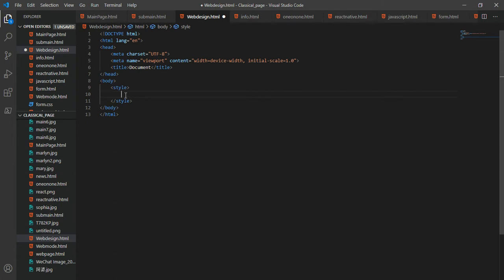This style here is where you will be writing your CSS for the web, the design of the page, how the page should look and how it should be resized and everything about the design of the page. Yes. And then under this, in the body, is where you will write your HTML